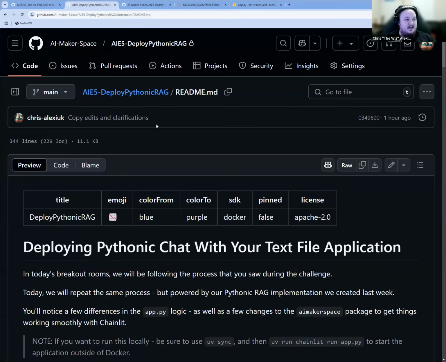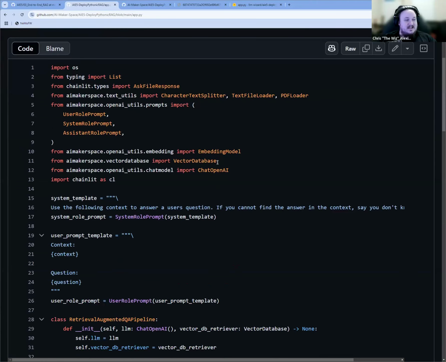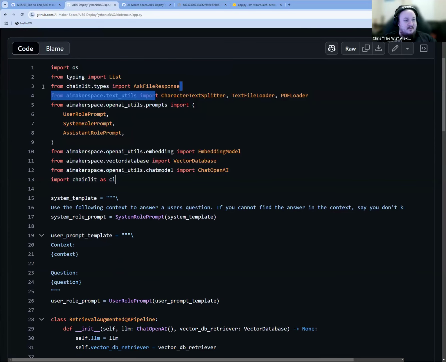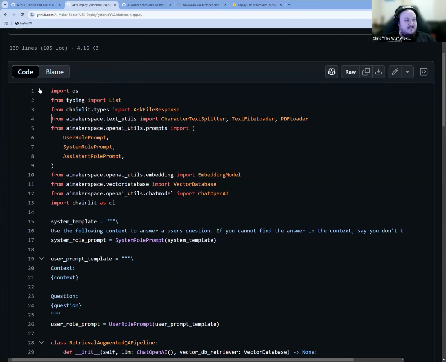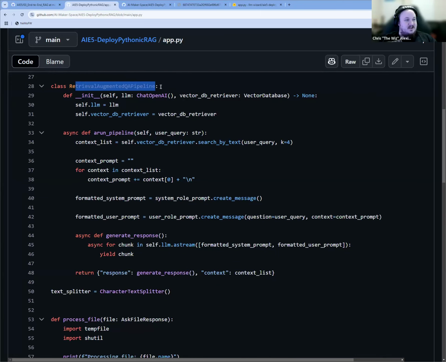implementation. So we're going to look at it in GitHub because it hurts my eyes less, and we're going to see what this is trying to do. First of all, we have a big wall of imports. We have some important ones like stuff from Chainlit, our AI Makerspace RAG implementation. We also have some fun Python ones, which is just basically typing and OS. We have exactly from the notebook last week, system template and user prompt template. These are the same ones that we saw. There you go. And then we have our Retrieval-Augmented QA pipeline, which we saw at the end of the notebook